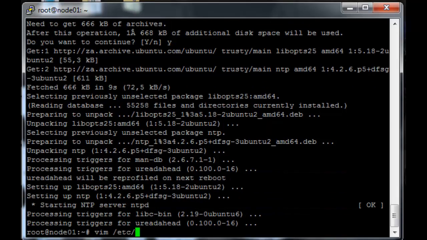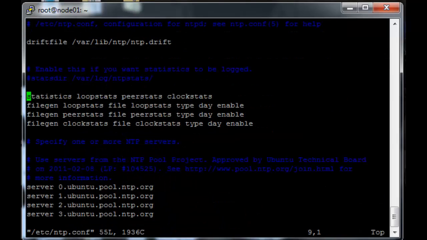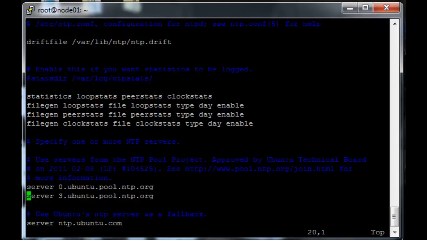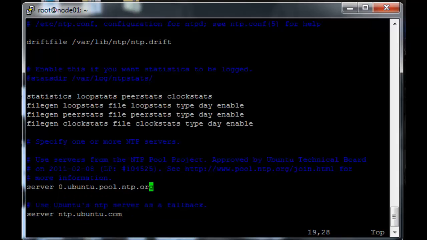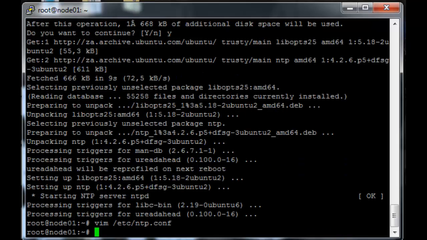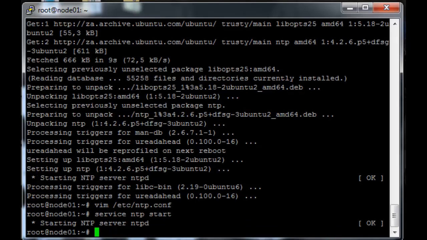So now just edit the /etc/ntp.conf file and remove all these server lines, and then add master.testcluster.com and write quit. So now we can say service ntp start, and then I'm going to watch -n1 date